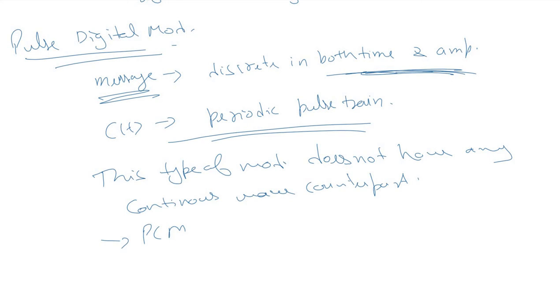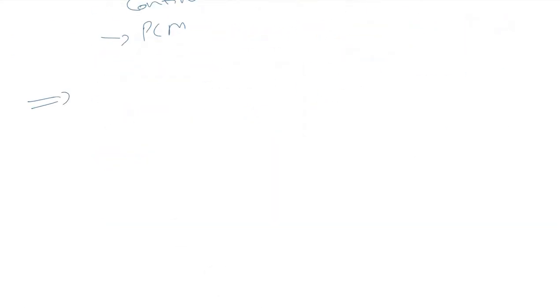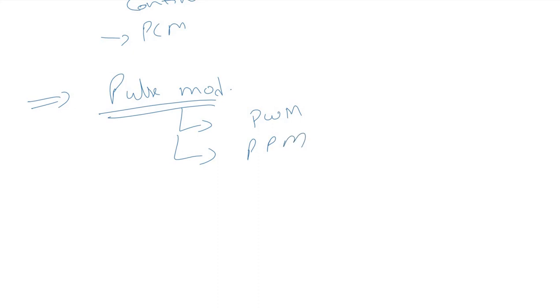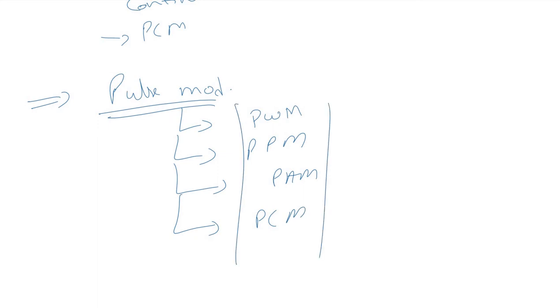So we can say that there are four predominant methods of pulse modulation in total. The four predominant methods include pulse width modulation, pulse position modulation, pulse amplitude modulation, and pulse code modulation. So these are the four predominant methods of pulse modulation, irrespective of analog or digital. Okay,